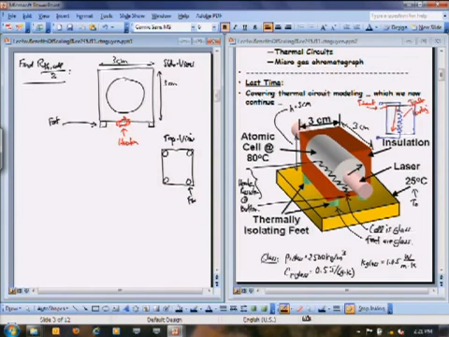Okay, so I can split this problem into a couple of different ways, right? I could say, all right, let's take this heater and let's cut it in half. So this half of the heater is going to be a power source there. That half of the heater is going to have a power source there. Okay, and then I can say there's some thermal resistance from there to there. There's thermal resistance from there to there. And maybe thermal resistance from that power source to that. So I kind of divide this in half. I could do this, okay, but I'm not going to do it, right? Maybe I'd be more accurate if I do this, but I'm not going to do it in the interest of